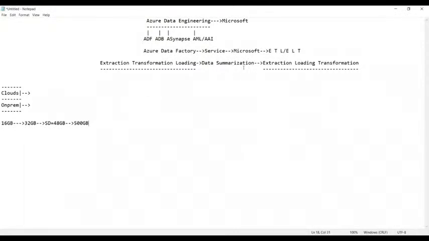No, we don't get it. Maximum we can get a 32 GB memory card, I think. But I have to store 500 GB in my mobile phone. So what is the other alternative? Google Drive.